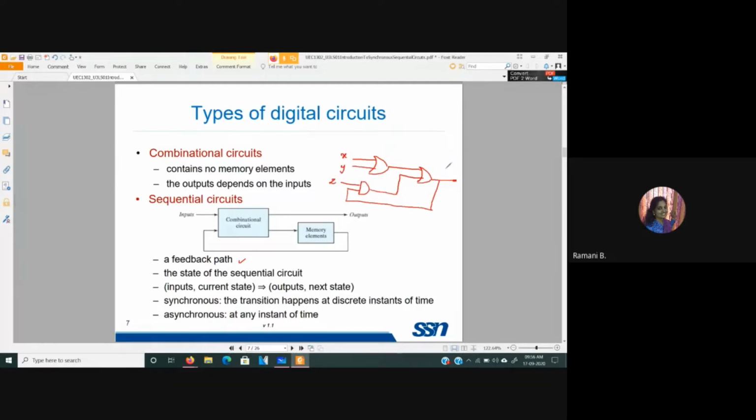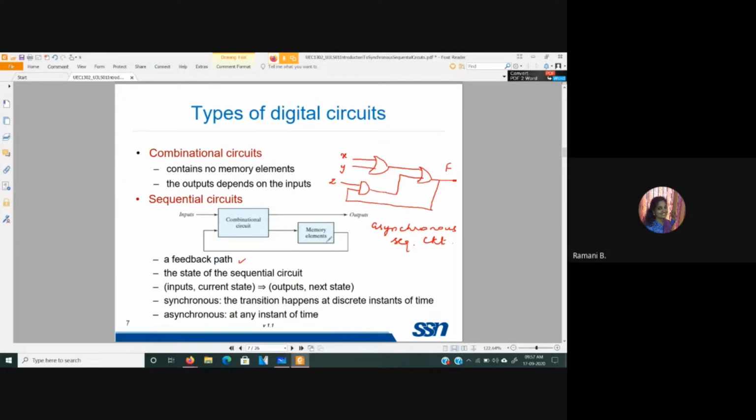then we call this circuit a sequential circuit. However, this will be an asynchronous sequential circuit as we don't have any clock given to this. We will see what is this asynchronous and synchronous sequential circuit. Okay, so here you are not having any external memory element. However, the wire that we have connected for the feedback will be acting as a delay element. Okay, so that can also be a sort of memory element. So in that way too we can give a circuit with feedback.